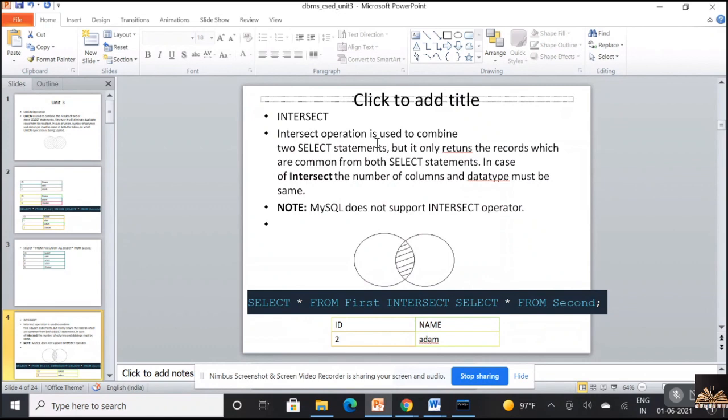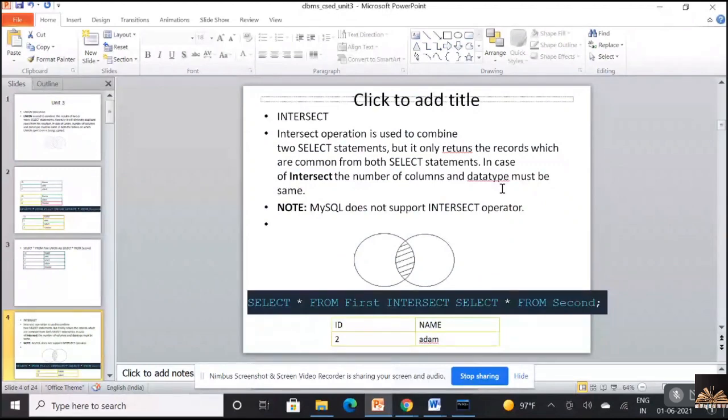Again, you have to see that the number of columns and the data types should be the same with respect to the tables on which you're performing the intersection operation. I've clearly told you, MySQL does not support the intersect operator. Rather, you're going to work with the concept of joins.